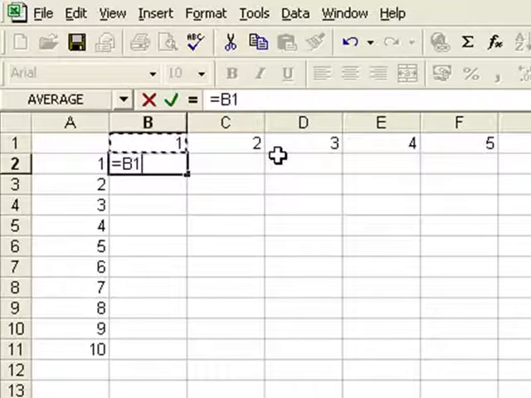Okay, and I'm going to make a modification to this cell reference, and I'm going to use an absolute reference, but I only want the formula to lock onto row 1 in this case, and what I do here is press the F4